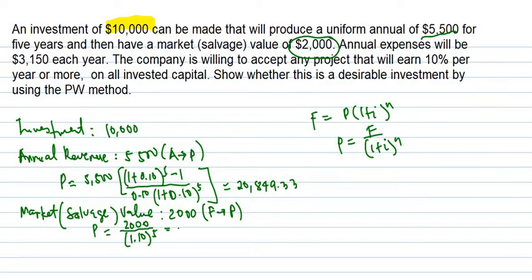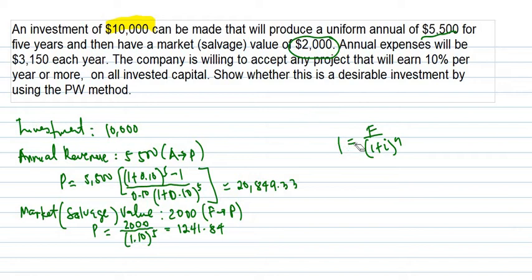So basically this is equivalent to 1241.84. Okay, so we will erase this so that we have a space. Then we have also here